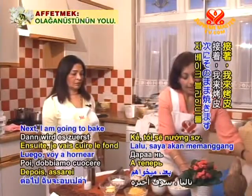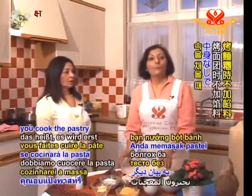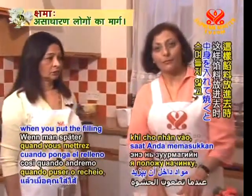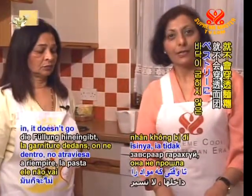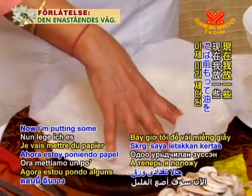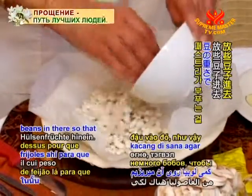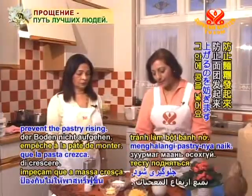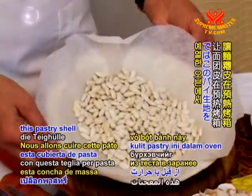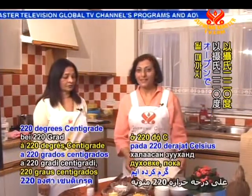Next, I am going to bake blind. In other words, you cook the pastry without the filling so that when you put the filling in, it doesn't go right through the pastry and the bottom doesn't remain uncooked. I'm putting some pre-cut greaseproof paper and putting some beans in there so that the weight of the beans prevents the pastry rising. We're going to bake this pastry shell in a preheated oven at 220 degrees centigrade until it's